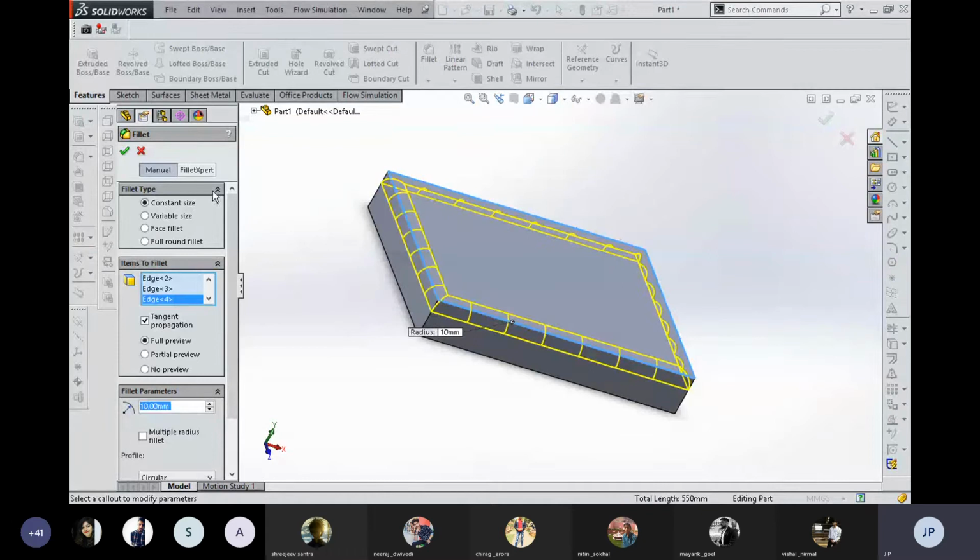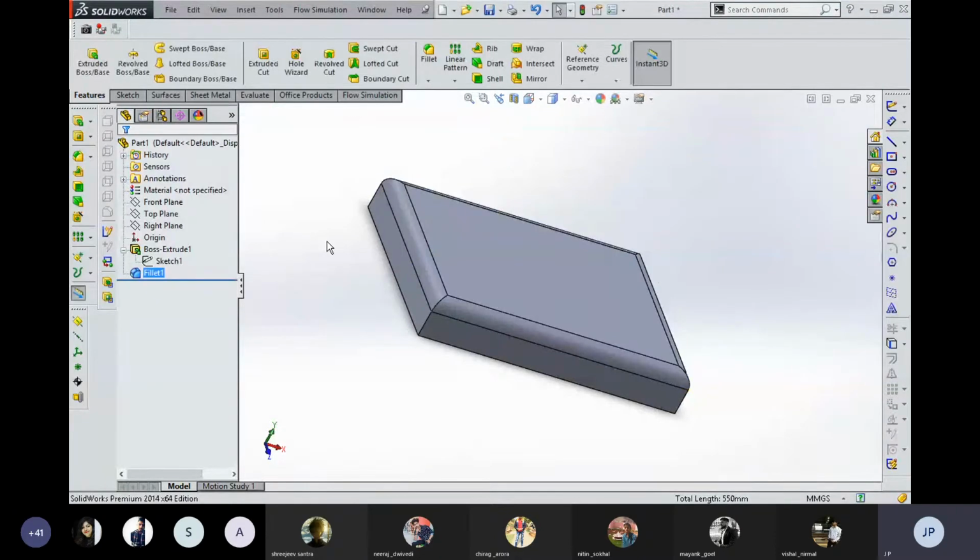Now you can see that I selected these four edges of this parent component, and all the edges are going to be filleted with the help of this tool. Now click OK. You can see that all the corners created with the help of a square part now got a round edge at all its boundaries.